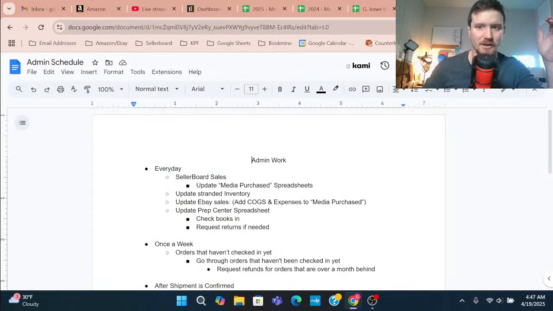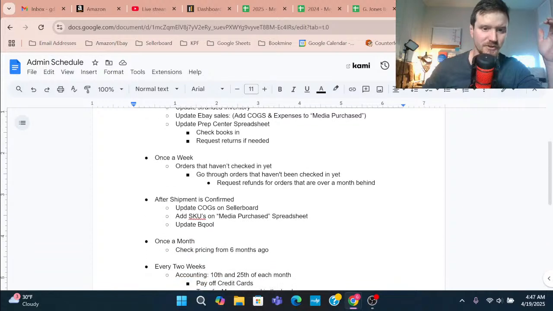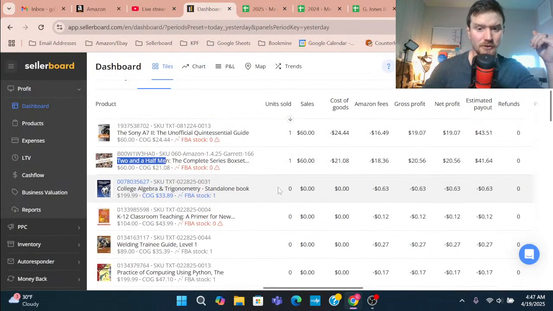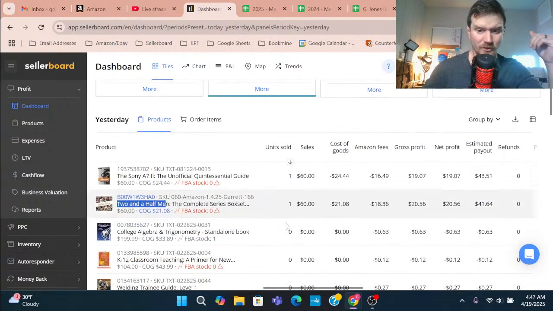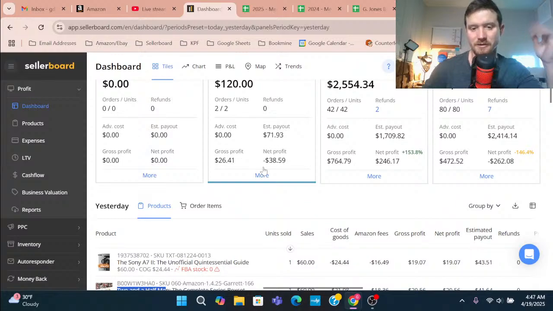So if you look on my admin schedule, every day we're doing this first, and then after that, since we have a shipment confirmed, we're going to be doing that. We're going to be updating all the COGS in Seller Board, adding SKUs on media purchased, and updating BQool, my repricer. So with all of those shipping fees coming out, that's what ended up giving me a negative profit number. And on top of that,